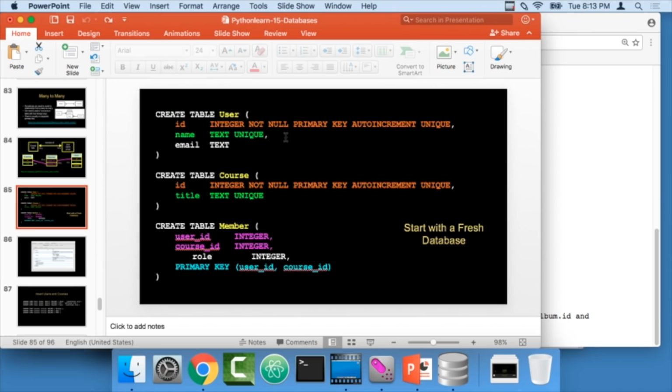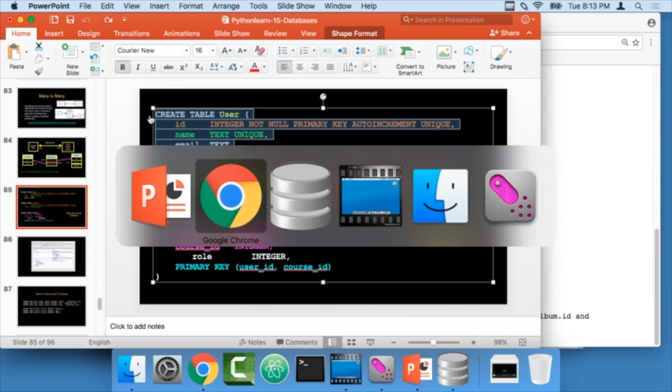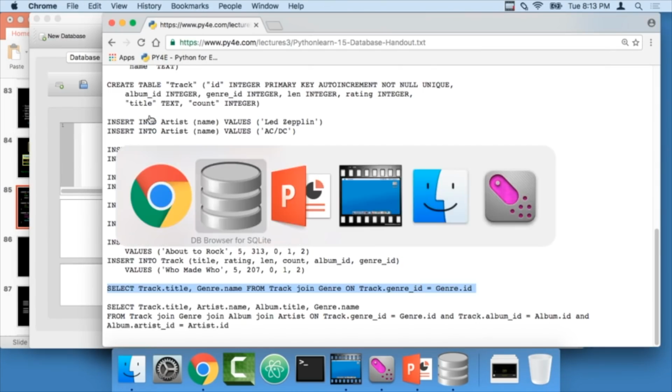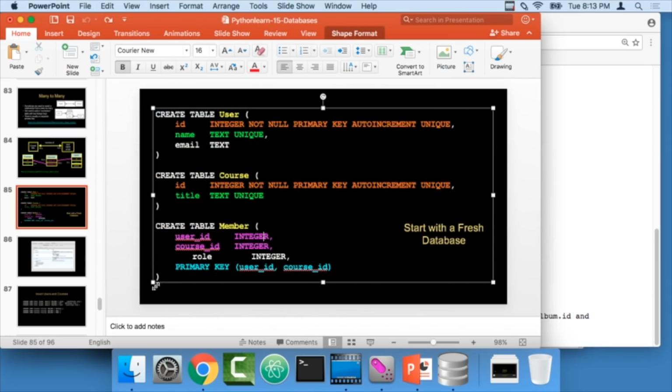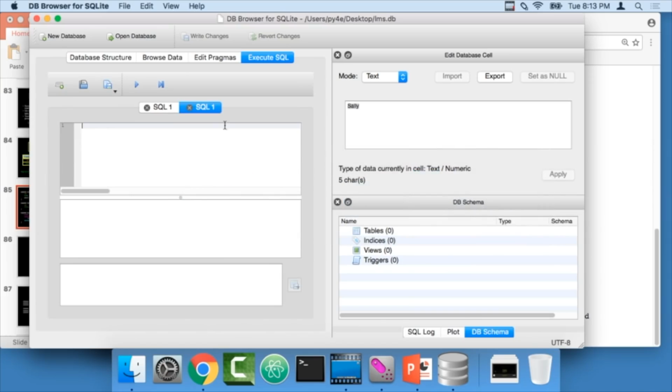So I'm going to go in here and I'm going to create table user. Actually, I'm going to grab them all. Watch this. Grab them all, highlight all these, go over to SQLite Browser, blast them all in, and then I'll put a semicolon at the